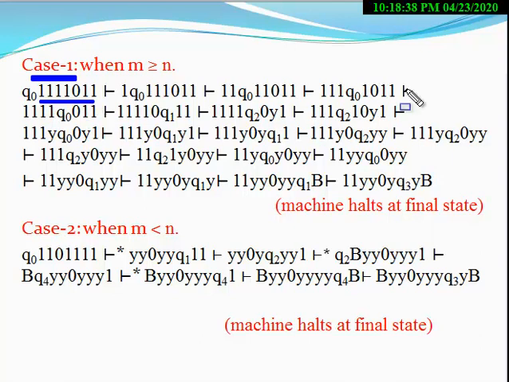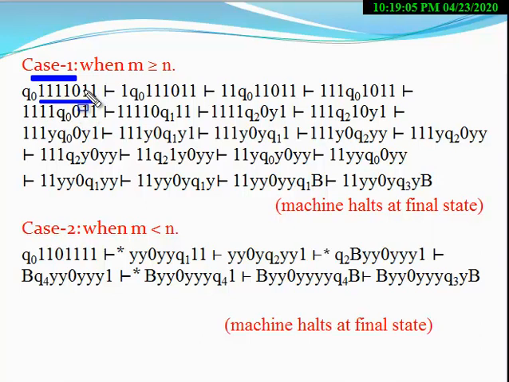Now, the logic with which we are going to solve this question is like this. Look at this ID. Here is 0, here are 4 ones, and here are 2 ones. Now you have to make the number of ones equal to 2, that is, 4 minus 2. You have to make the number of ones accordingly. So this is the logic you have to use here.